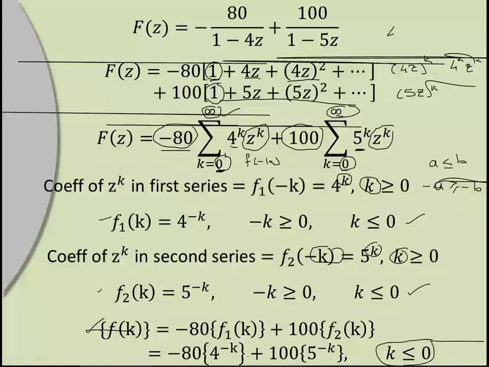So if we have two or more terms in the denominator, first separate them out, then check which terms are there in the denominator, z minus a, z plus a. Get the relation between mod z and mod a. Bring the term which is less than 1, whichever term is less than 1, into f of z. Do the expansion. If we get positive powers of z, then that gives us the value of f of minus k. Change the sign of k everywhere, that gives us f of positive k. And then combining all these terms gives us the inverse Z transform.